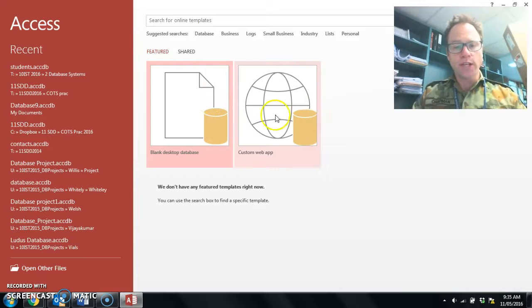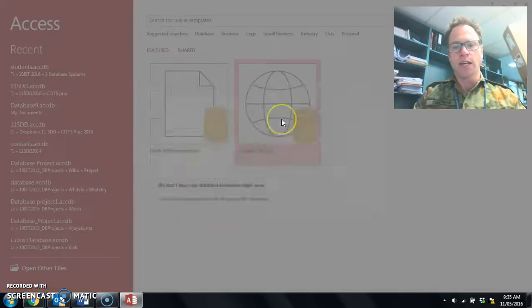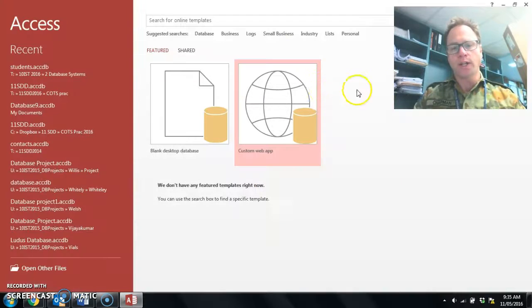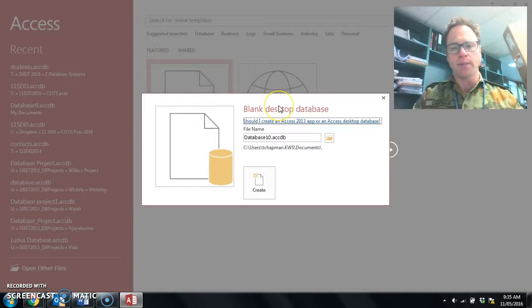So on this screen we have two options: blank desktop database, and then there is custom web app. Now, we don't want custom web app. We're not connected to any servers and we're not delivering any services online. We want the blank desktop database. Here I have two options. The first thing, it wants to create a file called